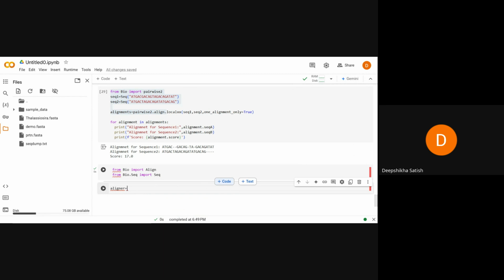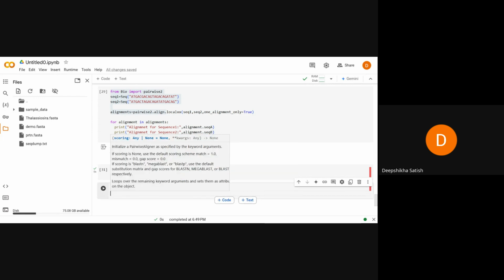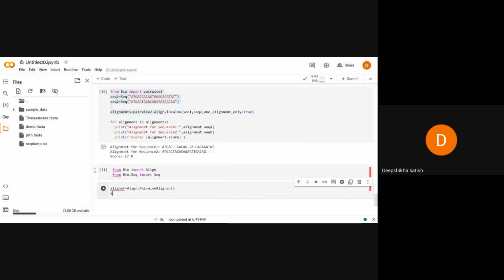In aligner we can call Align, to align, let's call PairwiseAligner, this one, and then specify mode. So aligner dot mode, and then specify this here. Suppose we want to set for local,